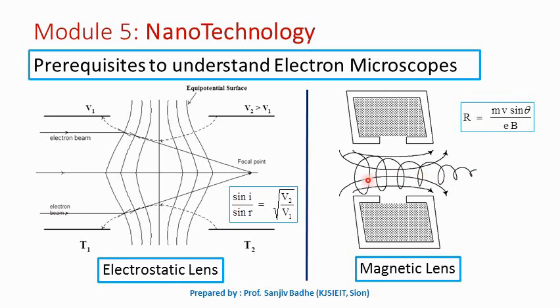In magnetostatic focusing, in order to focus the electrons into a small region, the strength of the magnetic field is increased as we go in the forward direction. As B increases, R will reduce, and as R reduces, the electrons are brought to a smaller and smaller region, and ultimately they will be confined to a very small region. This is how focusing of electrons is achieved with the help of a magnetic field. It is called magnetostatic focusing, and it is used in magnetic lenses. So we can use either electrostatic lenses or magnetostatic lenses in electron microscopes.